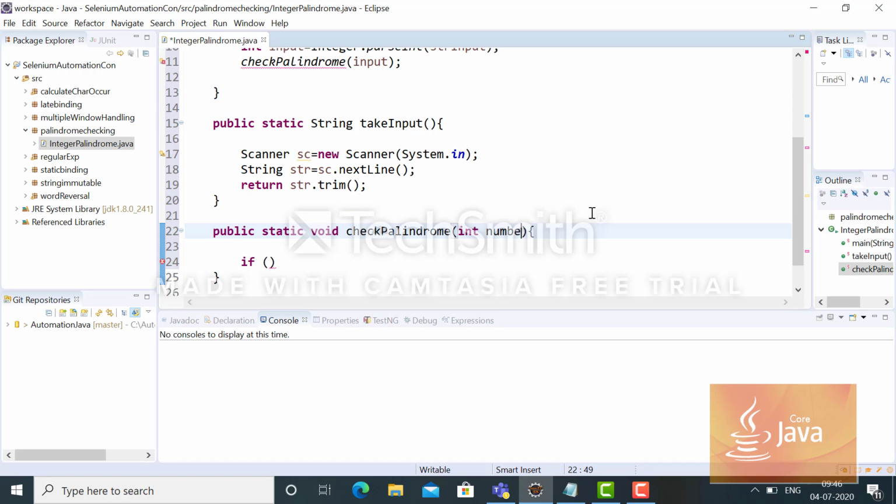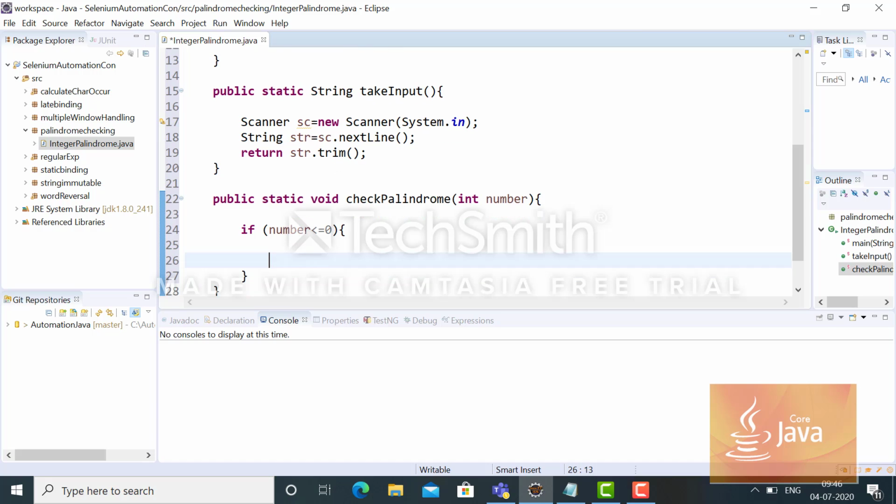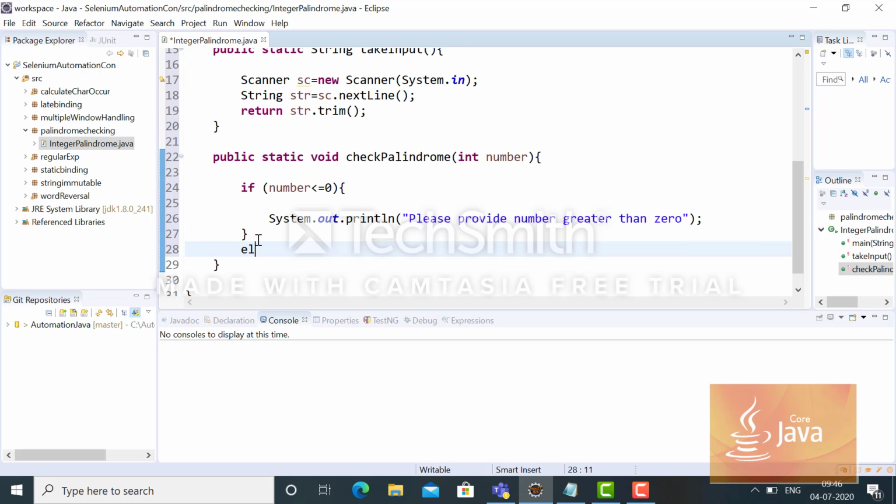int number. First I will check if number is less than or equal to 0, right? If number is less than or equal to 0, then there is no point to check. Straight away I will print: please provide valid input, provide number greater than 0. Else,